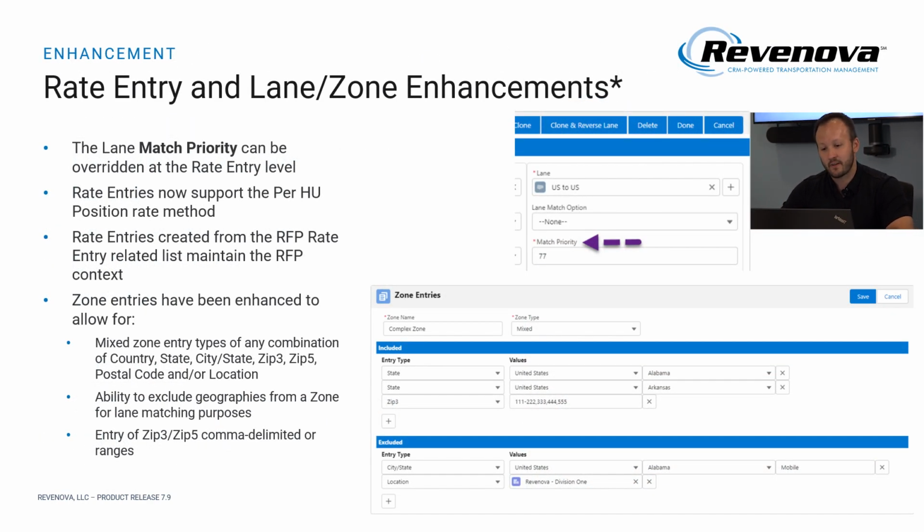So the first enhancement on the list is the rate entry and lane/zone enhancements. And what you'll notice is throughout this presentation, I have asterisks on the slides, which indicate that these are actually features that Liam and Alyssa will be diving into the details more for a live demo at the end of my PowerPoint slides here. So just to hit the highlights, the first item on the list here is the new